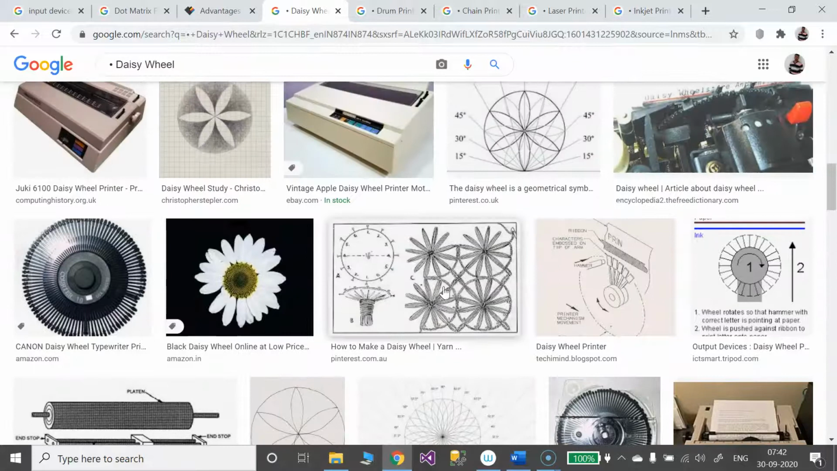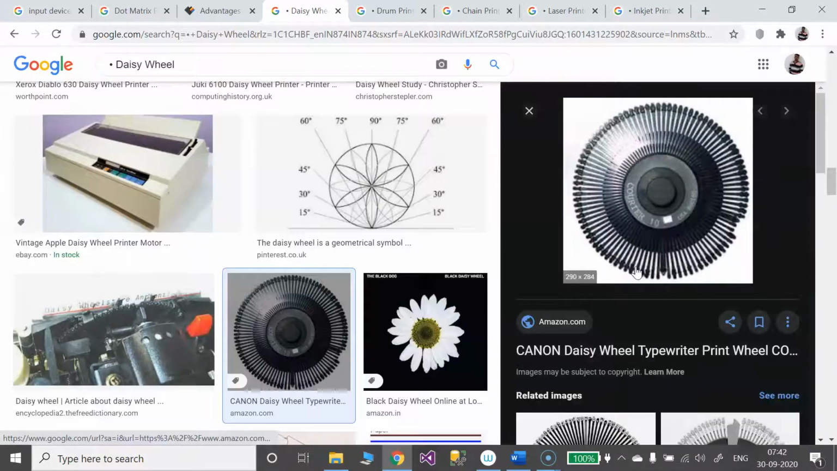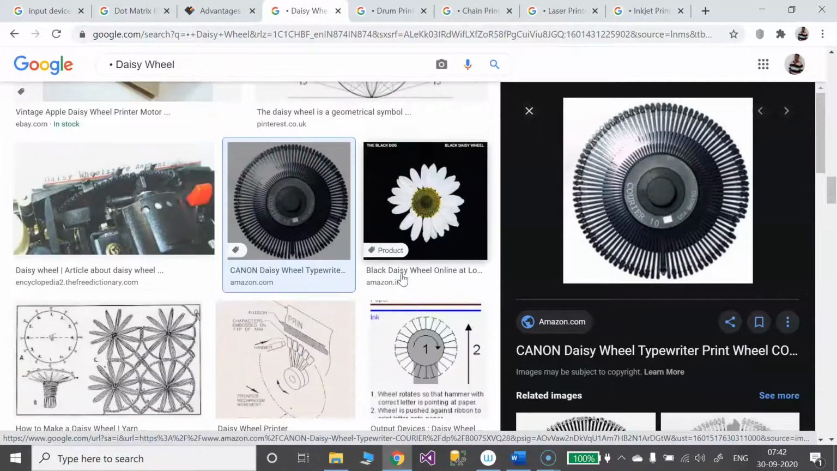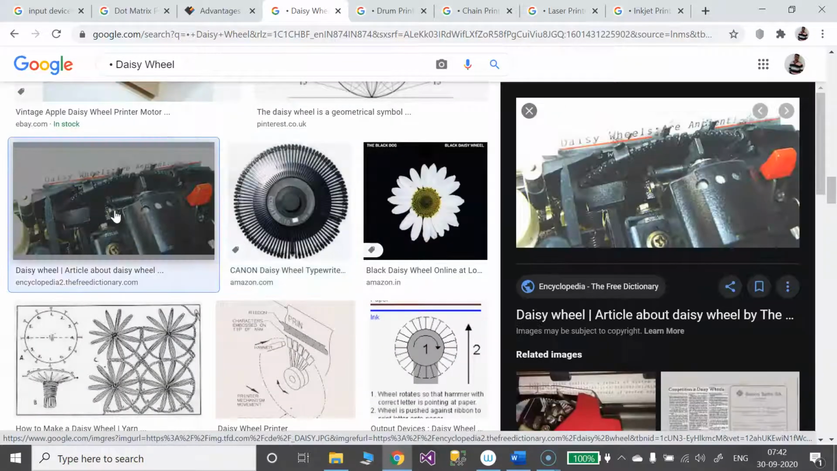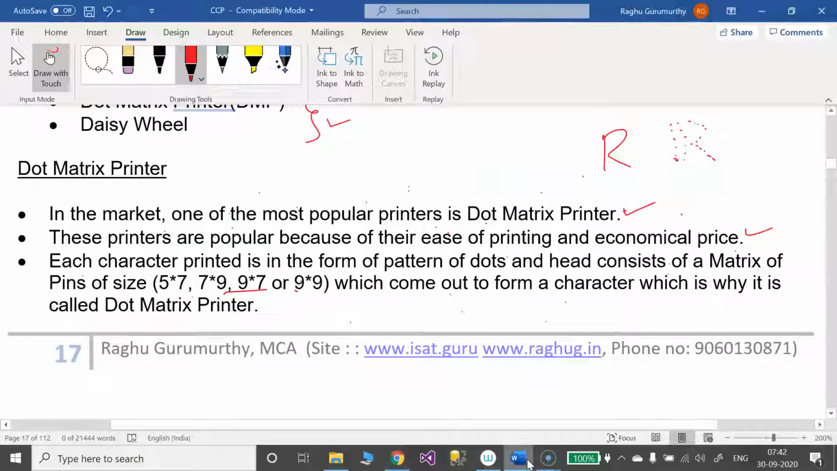As we told, this is the daisy flower. The pins are arranged like this. Got it? That's why we are going to call it daisy wheel printers. See, we may look at how things are happening here. Daisy wheel printer. Okay. Here the pin heads, the character heads, are arranged in the form of a daisy flower. Got it? So later what we have,